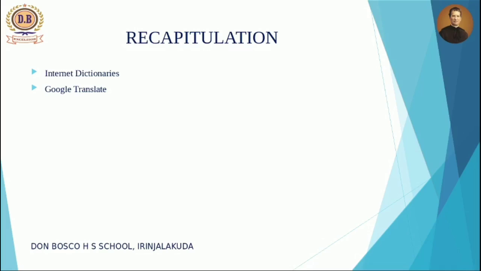So now let's summarize what we have learned in today's class. We have done the second activity of this chapter, that is Internet Dictionary. I have said earlier that dictionaries are available on the internet also. Some examples are Olam, Wiktionary, etc. Olam is an English Malayalam dictionary available on the internet. It can be used for searching the Malayalam meaning of an English word or the Malayalam equivalent of an